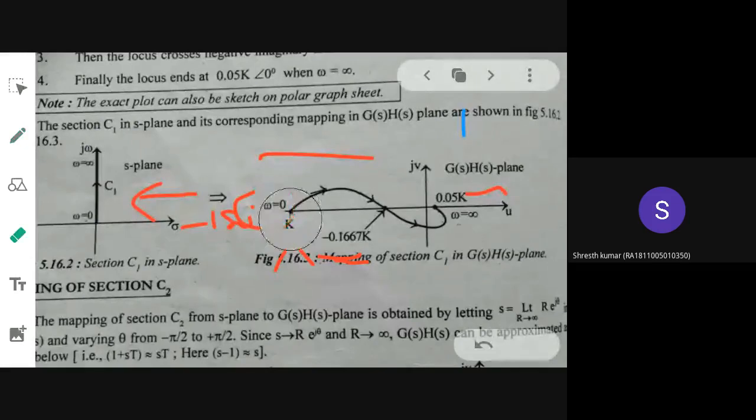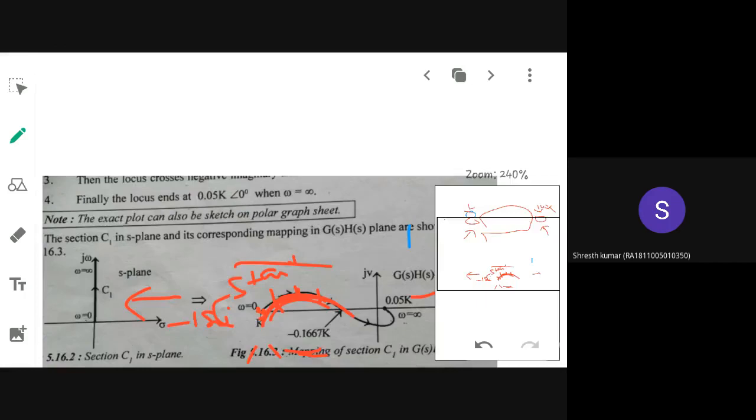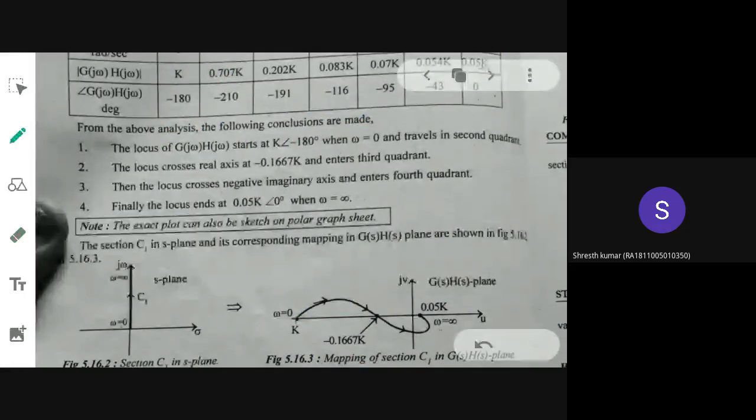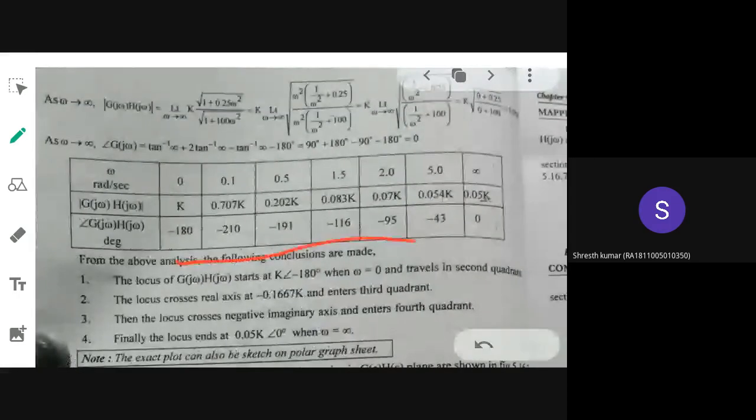They have put the point k, and this will be the start, and it will travel and end. How the curve envelopes like this, you don't know. In order to know how it travels and what value it takes here, here, here, they have used extra values to determine the accuracy. You can draw it like this also if you know the start and end, and that is valid, but still you don't know the accurate shape. That's why they have used the extra values in between.